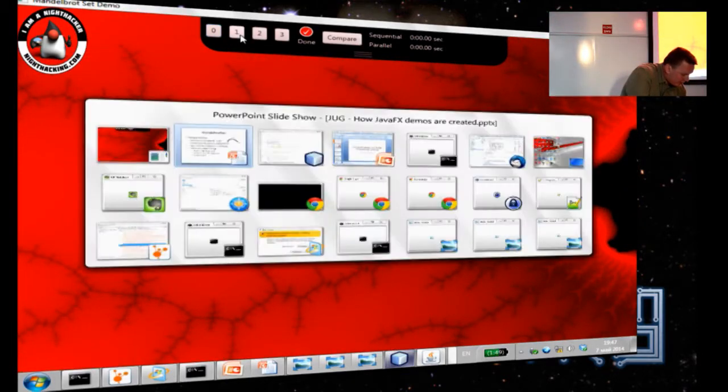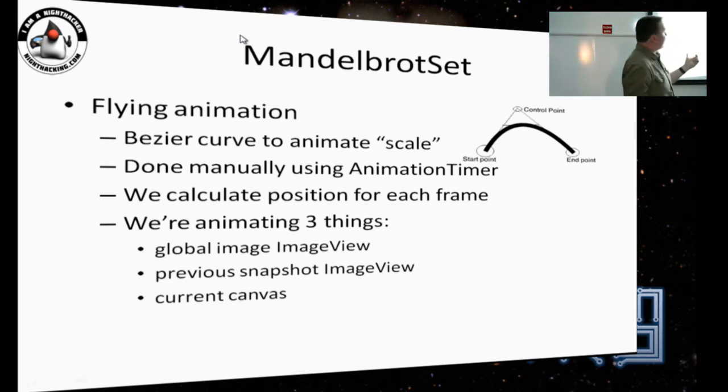The way this animation is created is we have two positions, and first we determine a curve. I use the Bezier curve to control the way we fly from one position to another. And the main parameter that we change is actually scale, because position is just changing linearly from one to another, and the scale changes dramatically like that. And this is a tricky animation.